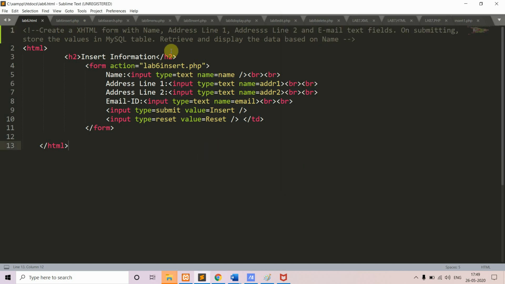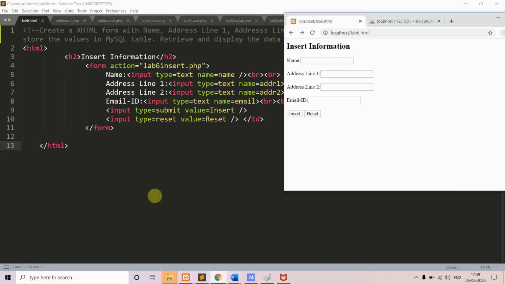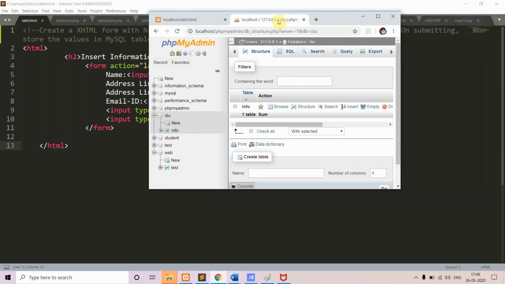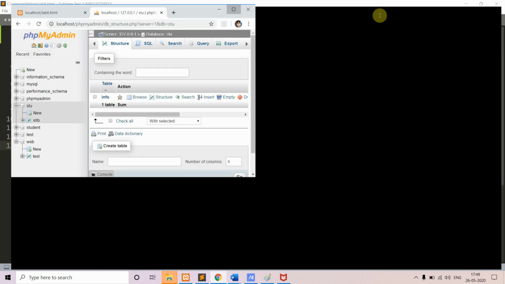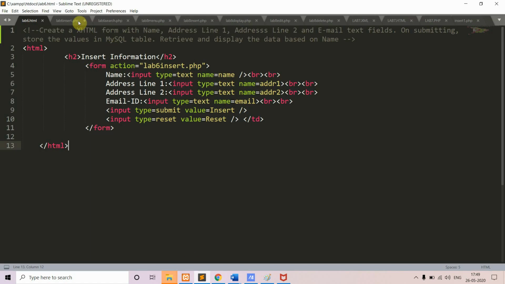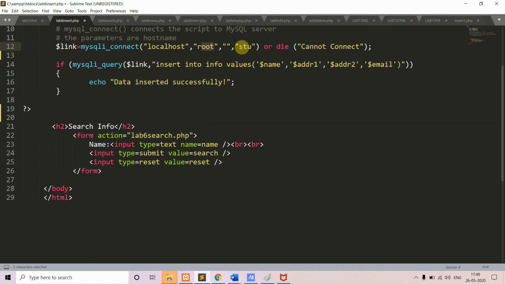So we said here again we require the database. Currently we'll just check the database. About the database, as we said in the previous video, you have to give localhost/phpmyadmin. When you give that, this particular information will be displayed. Currently for this program we are using a database whose name is STU, and we are using a table. Under STU you have a table called info.